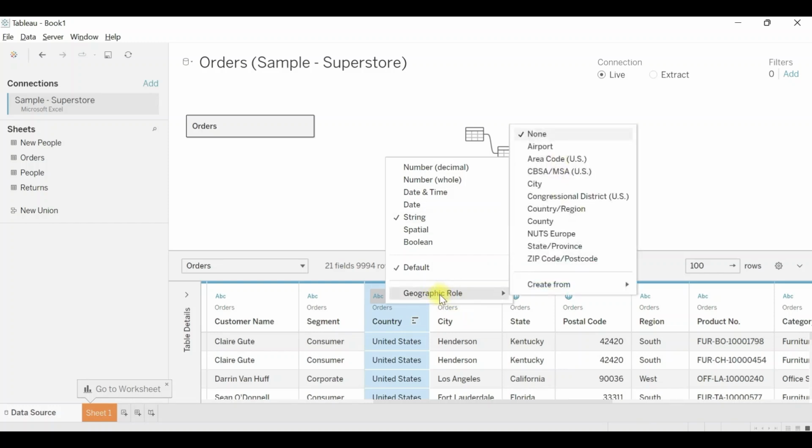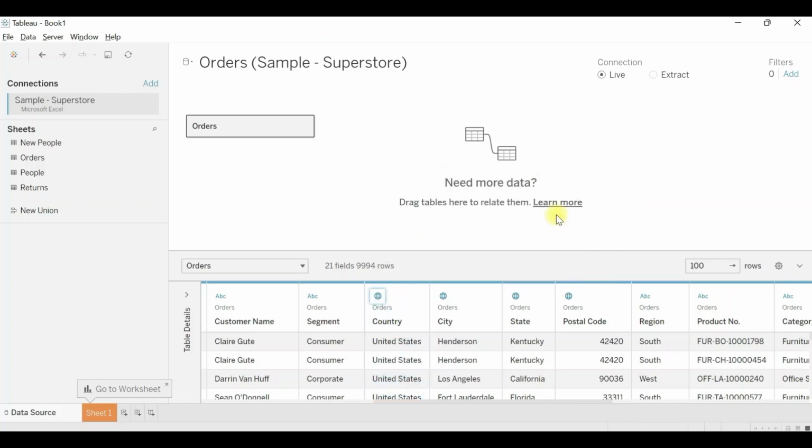I'll hover over geographical role and I'll get a huge list of roles which I can assign as per my column. Since orders country is a country column, I'll click on geographical role and select country, and you'll notice the data type has been changed to the geographical role.